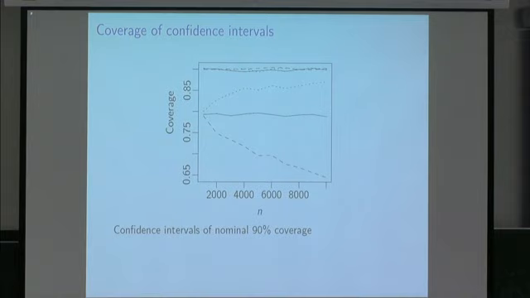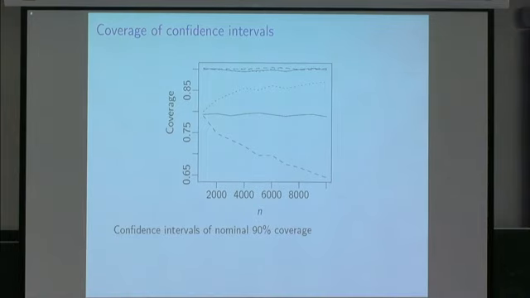So they're all good. They're all close to the nominal 90%. The bottom three lines are what the coverage for the Laplace approximation looks like. So in the n to the quarter case, it goes along very nice and steady at around about 0.79 or something. In the case where it's growing more quickly than that, it tends up towards the nominal value of 0.9.